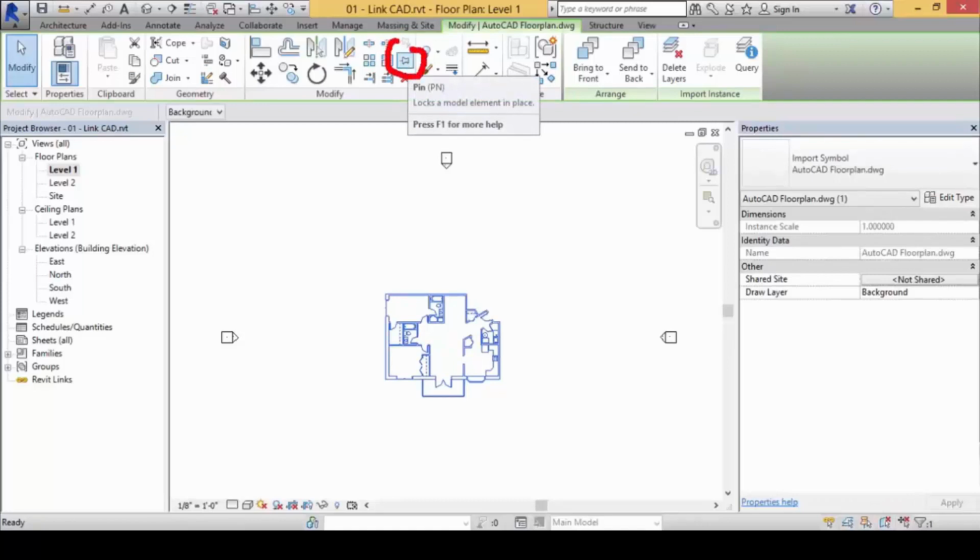This one here. Once you pin it down, the error of moving it by accident will not happen. You can always reverse this process, however, after you have pinned it down already, you can always select this and unpin them. This part.